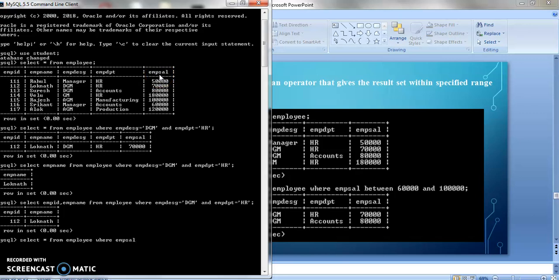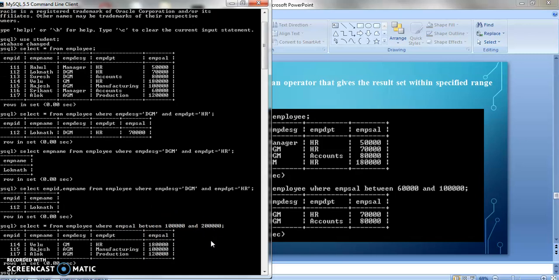So where salary between 1 lakh to 2 lakh. You can see I am using between and. Along with between, the AND keyword will also be used. So I want those records whose salary is between 1 lakh and 2 lakh, and then semicolon and then enter.